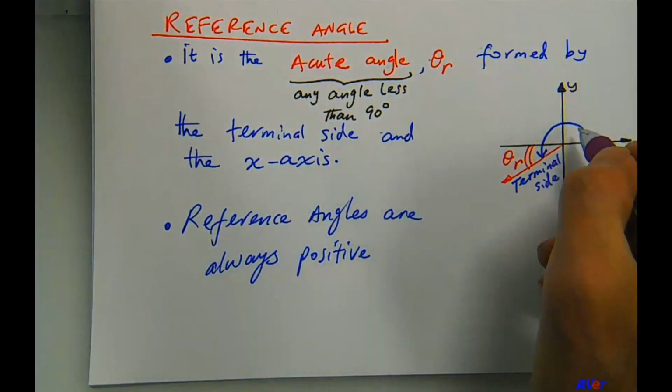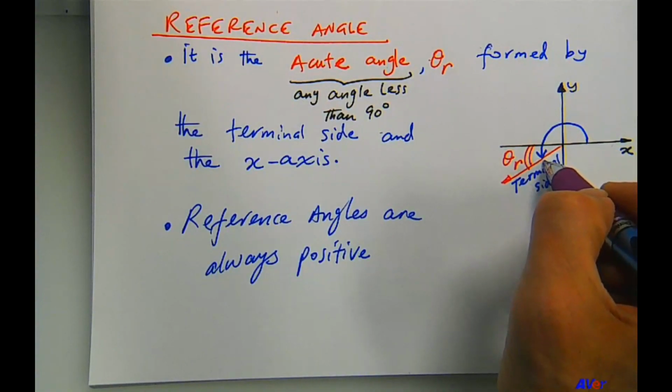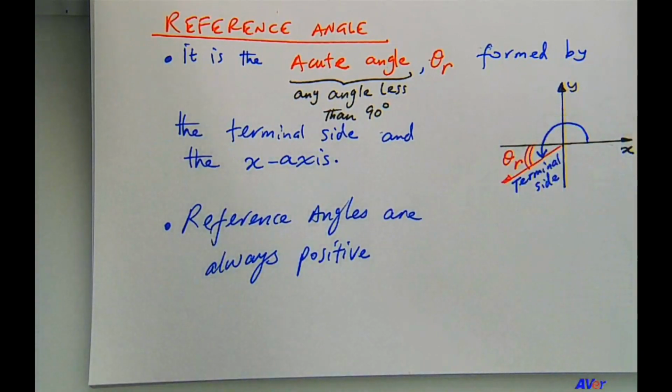So the negative angle can be the angle which we trace through to get to the terminal side. But the reference angle itself is always positive. Okay, so